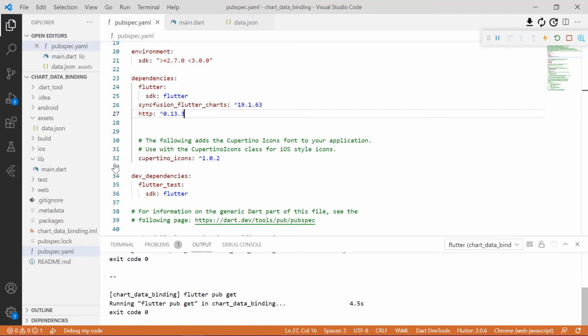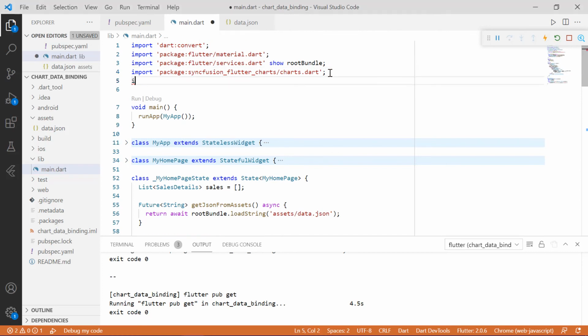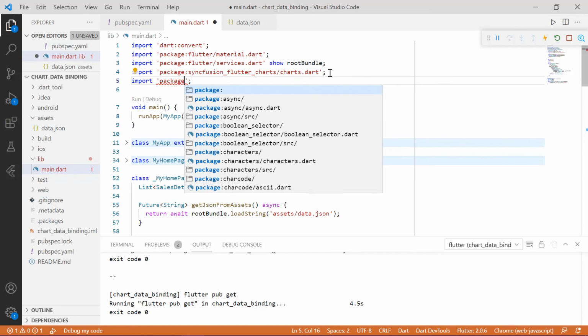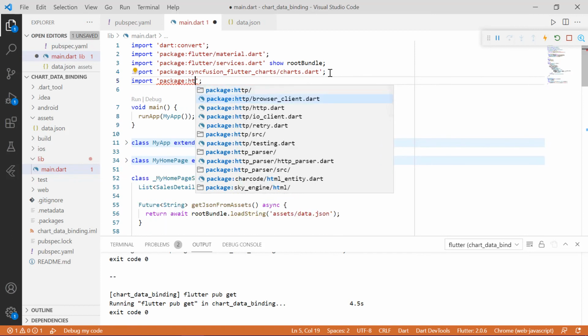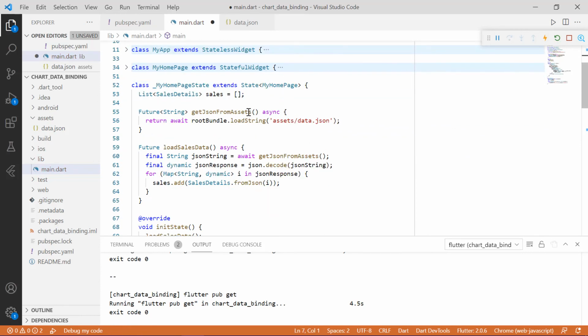Now let's import the HTTP library in the main.dart file. I'm renaming this method to getJSON from Firebase in all applicable places.